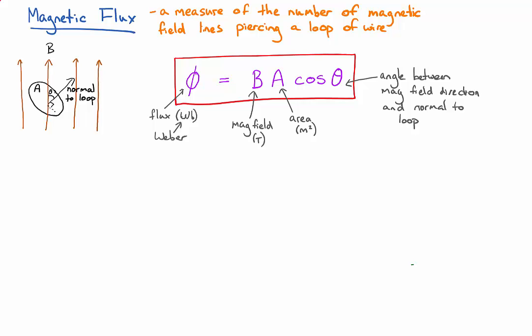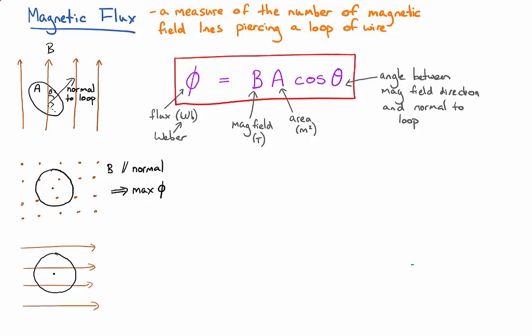So if you had a magnetic field which is normal to the loop, so it's going straight through the loop, and just to make you feel better that I'm not obsessed with drawing fields into the page, here's a field out of the page. The dots mean we're seeing the tip of the arrowhead pointing towards us, so that means it's coming out of the page. I've drawn the loop here with a little dot in the middle to say that the normal is coming out towards us. So if the magnetic field is parallel to the normal, then if you look at this equation, theta being 0, an angle of 0, cos of 0 is 1. It's at its maximum. So if the magnetic field is parallel to the normal, you get a maximum